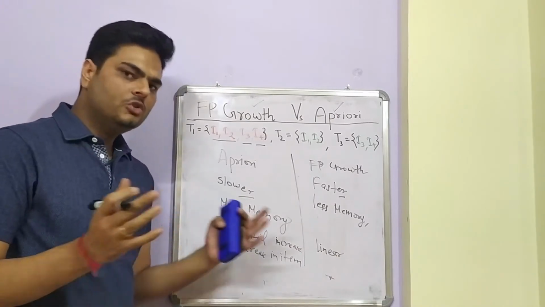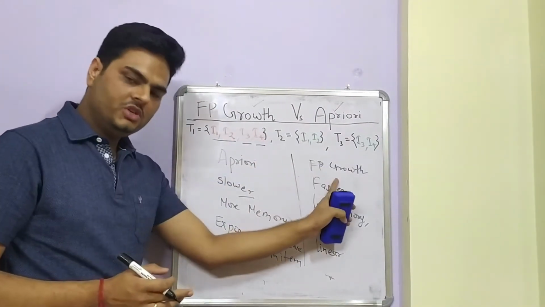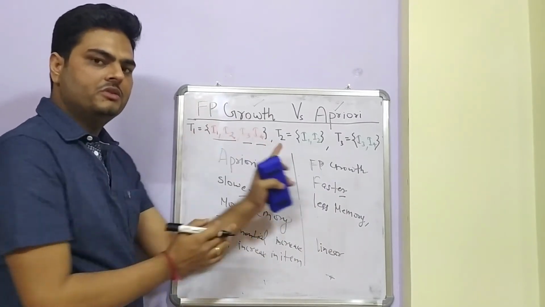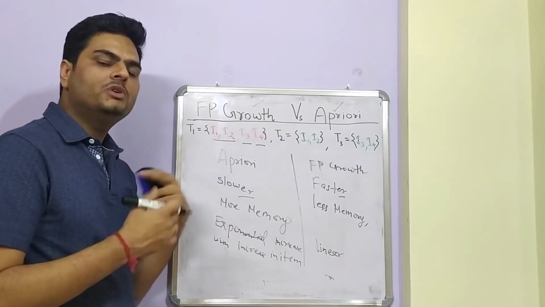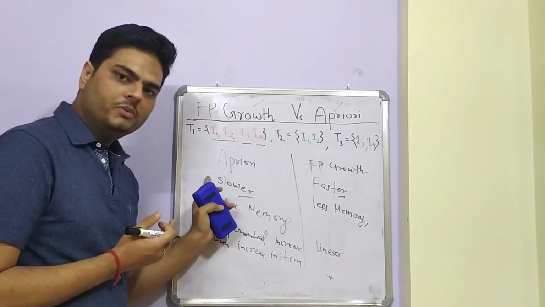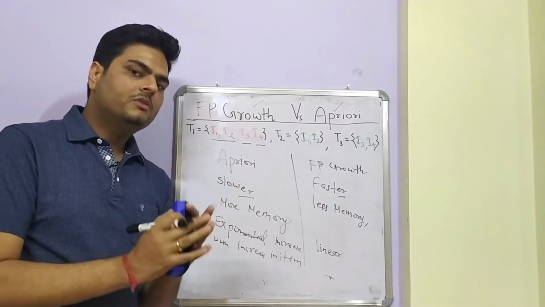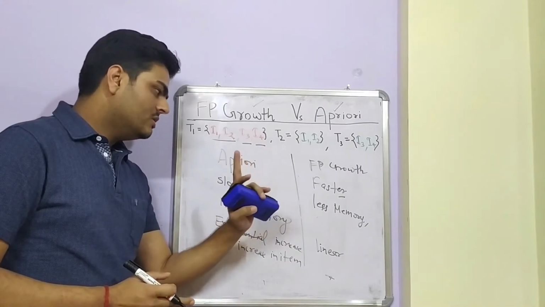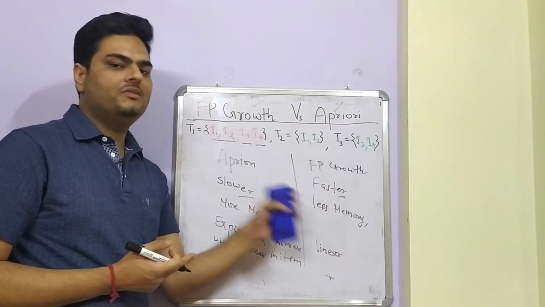Okay. So what are the differences between these two algorithms? This is an array based, this is a tree based, this is a breadth first, this is a depth first, this is a cost intensive, means more memory, more processing needed. Here less memory, less processing. This is a slower process, this is a faster process. And this, when you increase the number of items in your data, the cost will be exponentially increasing here, the cost will be linearly increasing here.